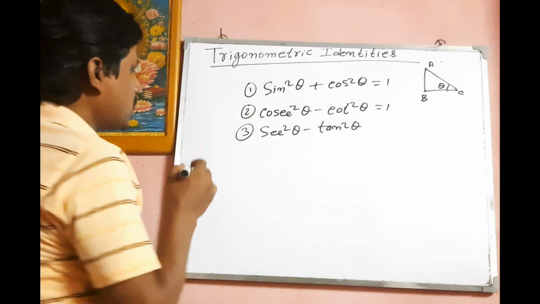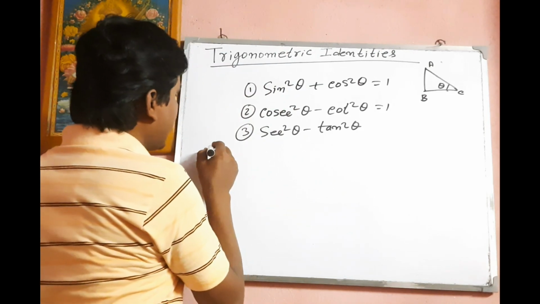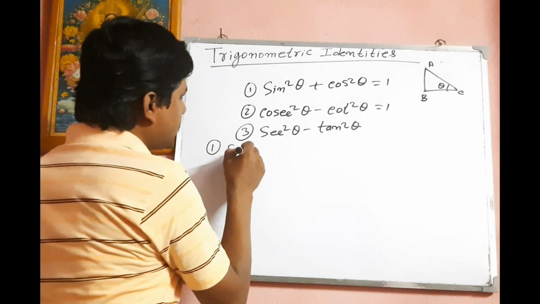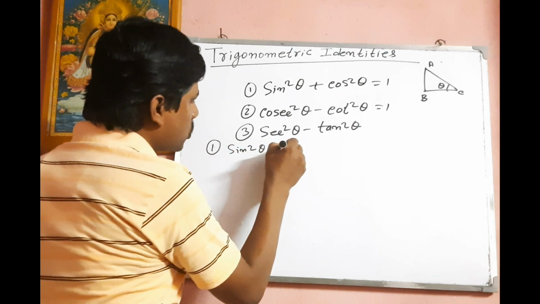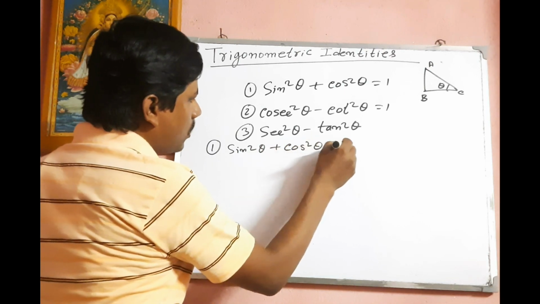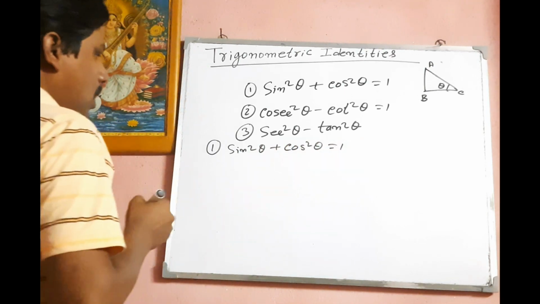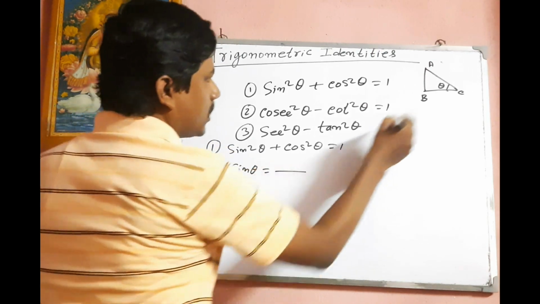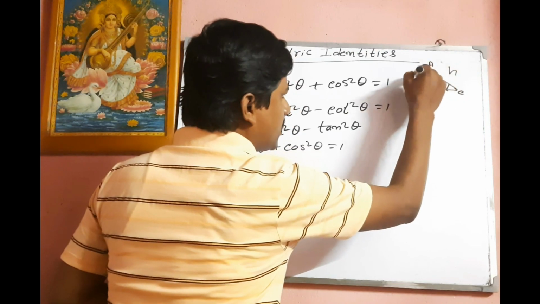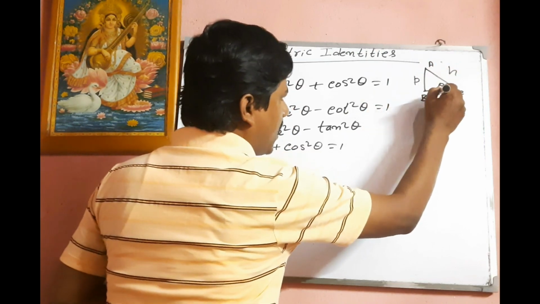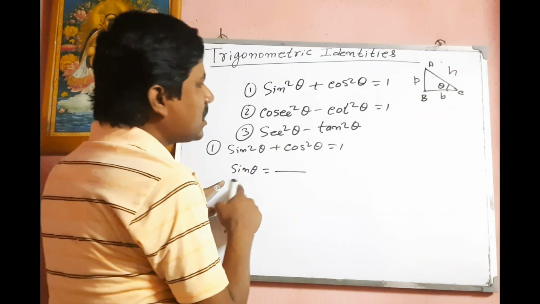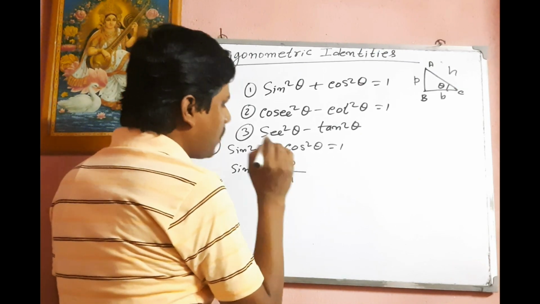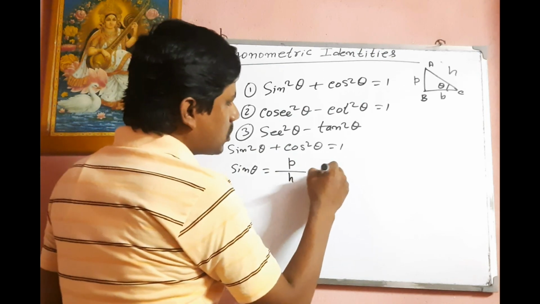For the sake of simplicity, suppose we are giving the proof of the first, that is sin square theta plus cos square theta is equal to 1. We want to prove this. Now we know that sin theta is equal to this one. Hypotenuse is this, perpendicular is this and this is the base, and we know that sin theta is equal to perpendicular by hypotenuse, and cos theta is equal to